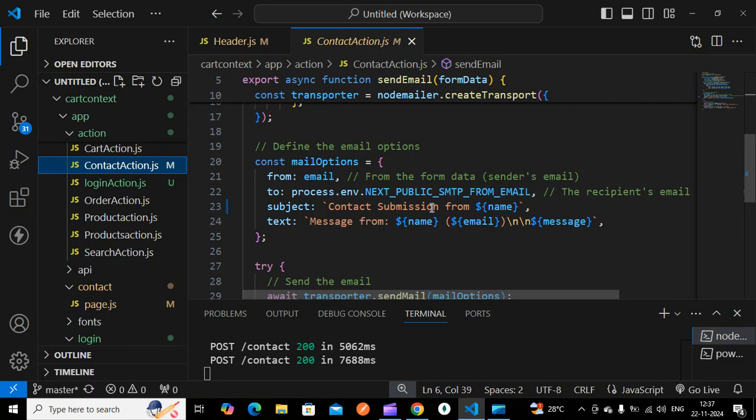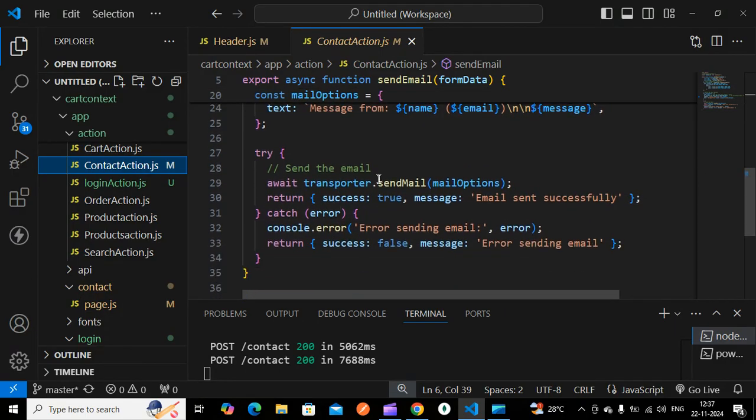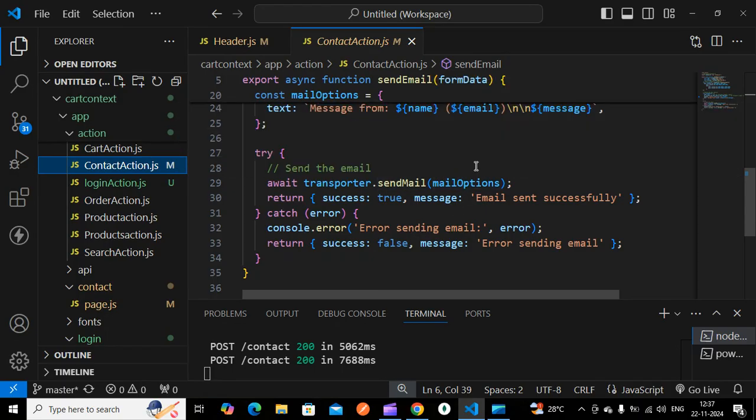The text is the message from this mail ID and name. Whatever message you are typing in this form will be sent with the mail options. Once the transporter object's sendMail is called with these mail options, you can send. If the message is successfully sent, success is true. If there is any error, our message should be error sending message.